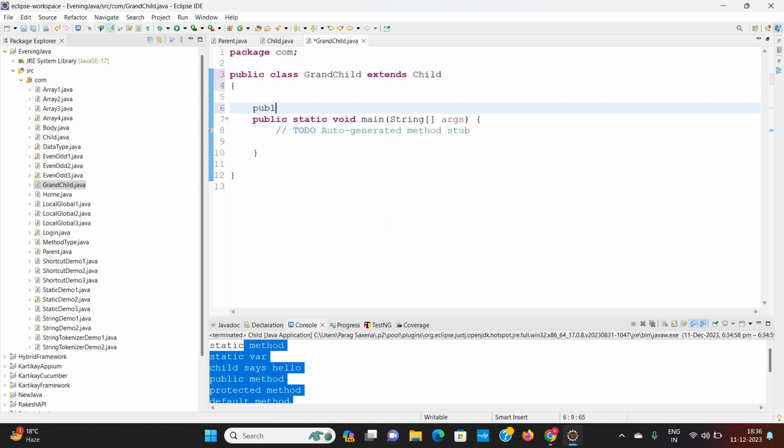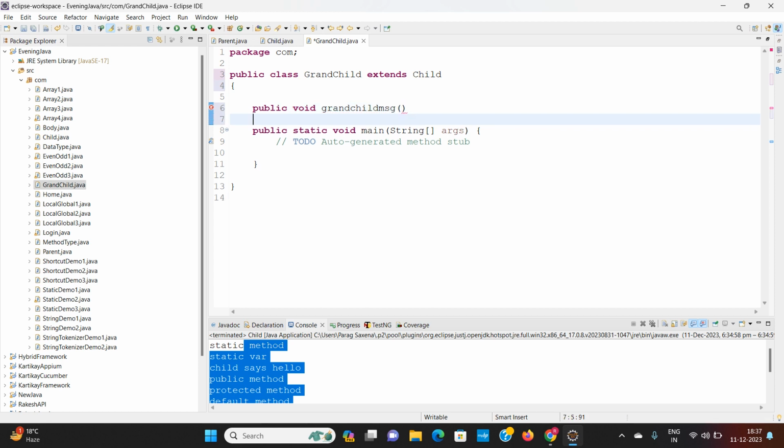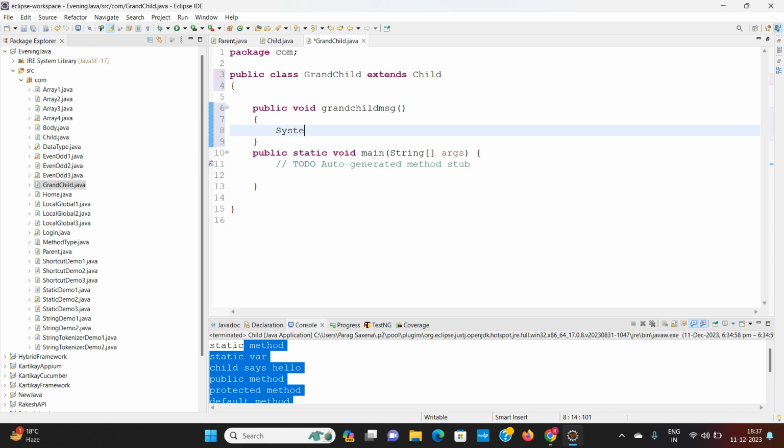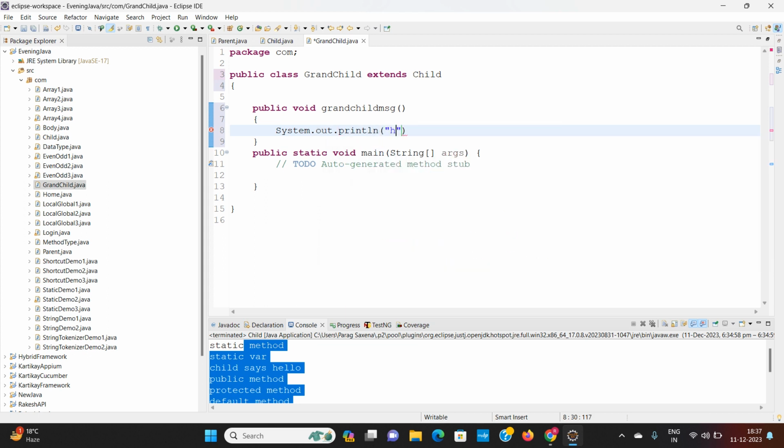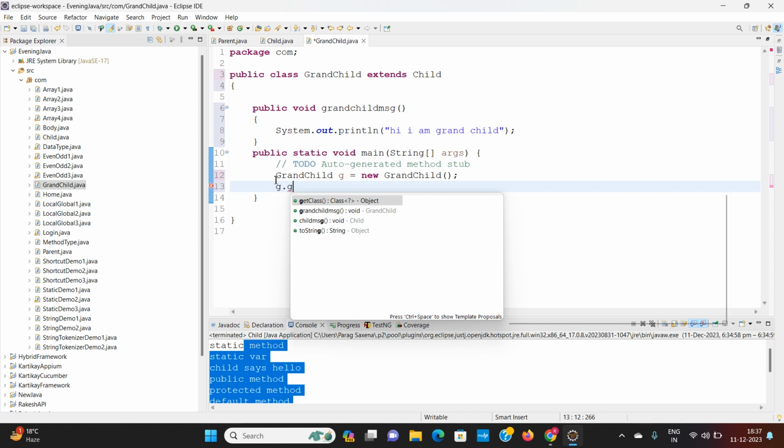And now if I write one method for the grandchild and create the constructor of this grandchild, and call the grandchild method,